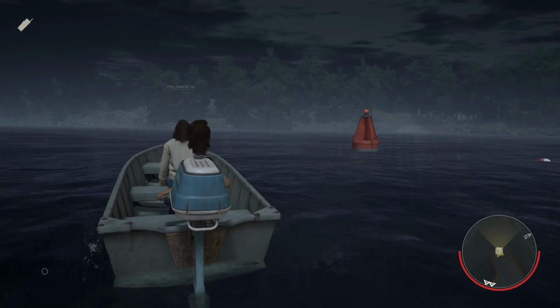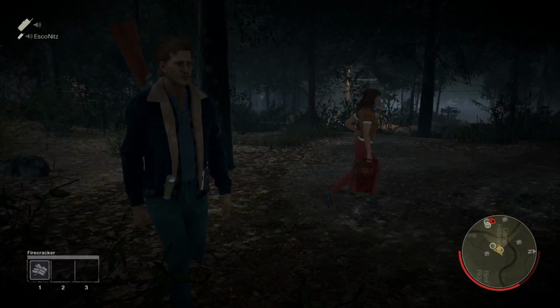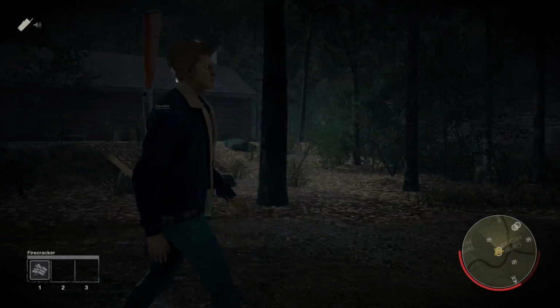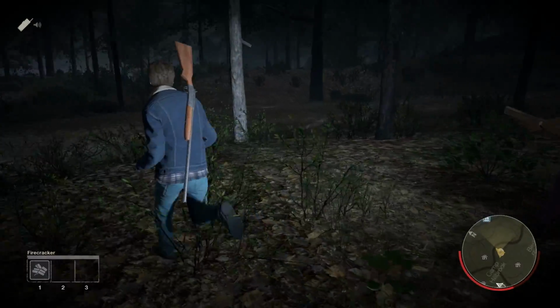If you're lucky enough to find a CB radio in one of the cabins, you can also use it to call Tommy Jarvis. Tommy is a hunter, and when he's called in, a random dead or escaped player will spawn back into the match as Tommy to help you survive the night. He's not invincible by any means, but he has a shotgun and his increased stats make him a very valuable